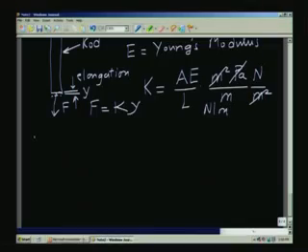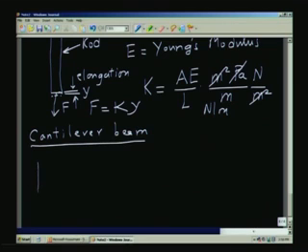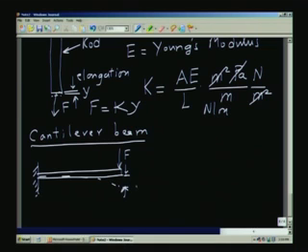Let us look at another element which can be used for this purpose. The case is that of a cantilever beam, which is very often used for measurement of forces. So, what we have is a rigid support and a long rod of some suitable cross section. You apply the force at the free end, and of course it will bend like this. So, there will be some displacement, as it is shown here.